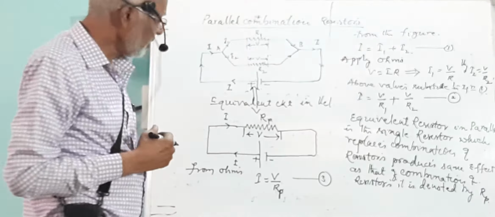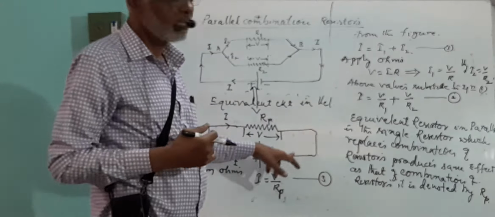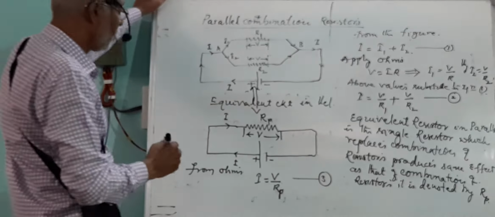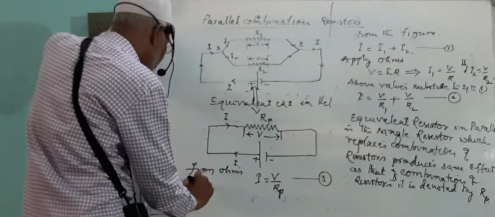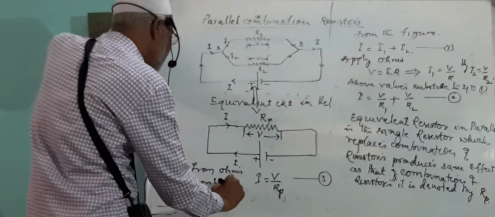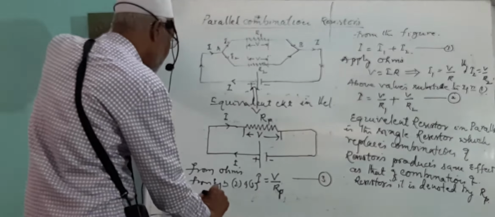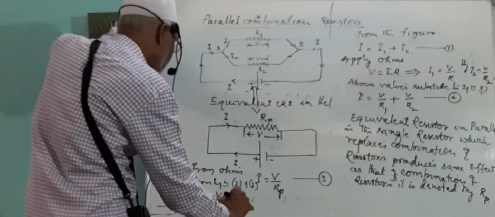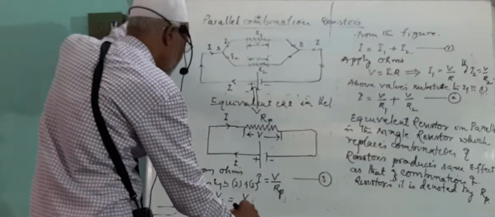Equations 2 and 3: why are we equating them? Whenever the left hand sides of the equations are the same, you can equate the right hand sides. So, keeping in mind equations 2 and 3, I can write V upon Rp, which is equal to V upon R1